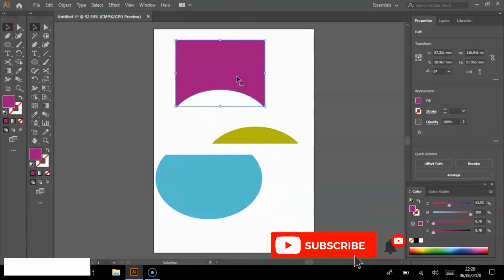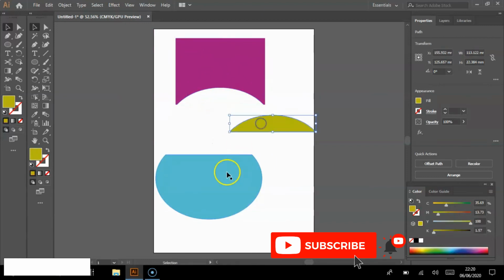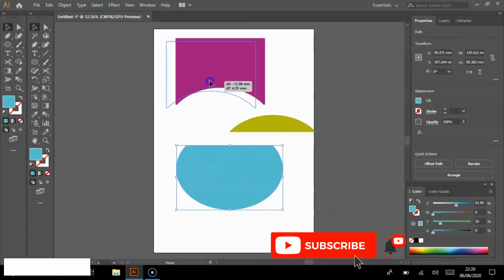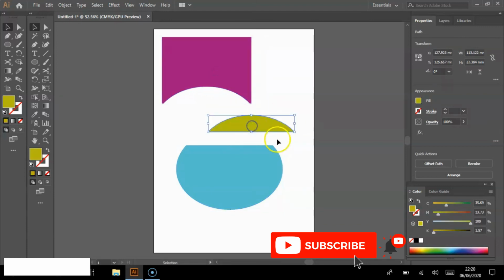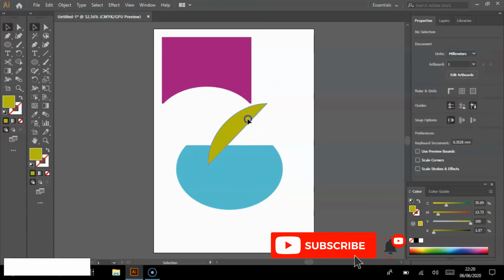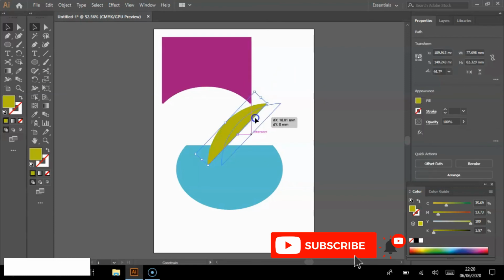Okay. So suppose if you want to make any designs or logos, for that purpose also you can cut the shape like this, then you can use it. According to your requirement you can use it. It's up to you. If you want you can rotate this. From this you can take one more copy also. You know how to take a copy. Just select, hold Shift and Alt, you will get one more copy. Then if you want you can keep it like this.